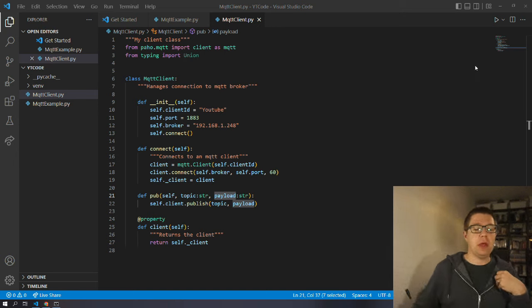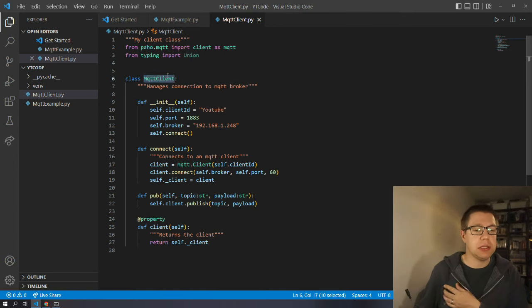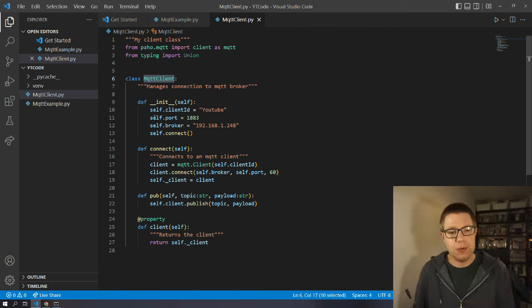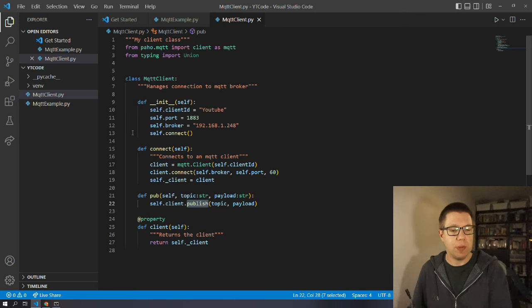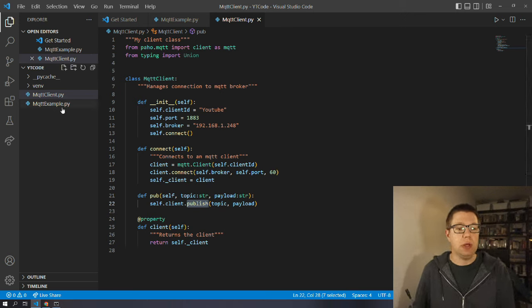So let's get started. Here we have the MQTT Client. It's a class that I've just built. It wraps basically what we learned in the last video. So we've got the client ID, we've got the port, we've got the broker address, a small little function that just connects to the MQTT client, and then an extra little function here which just takes the topic and payload that I pass and publishes it. Kind of a bit unnecessary, but I think it makes it just a bit cleaner and hides all the settings for when we are coding just with the Ikea